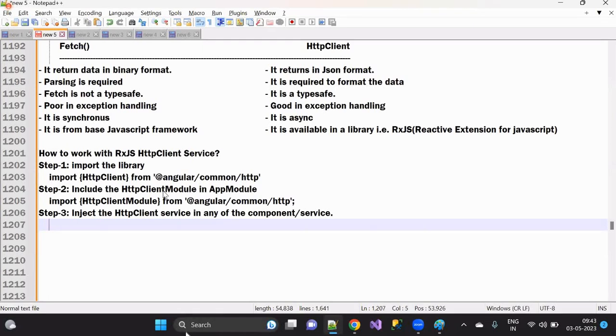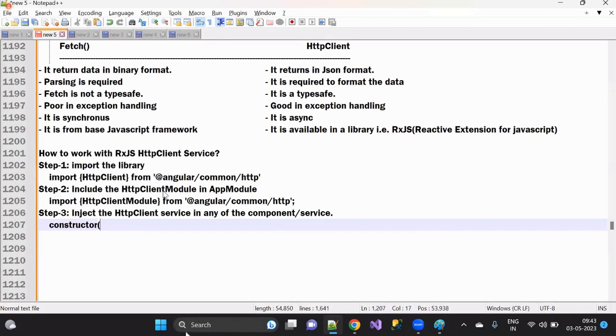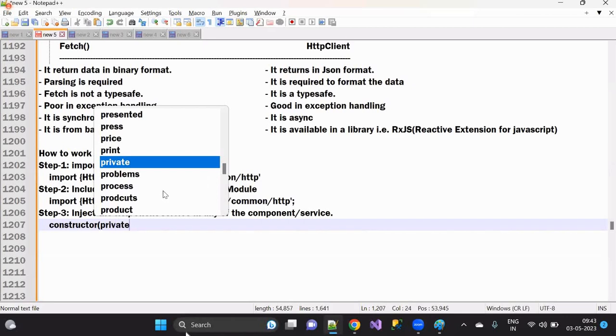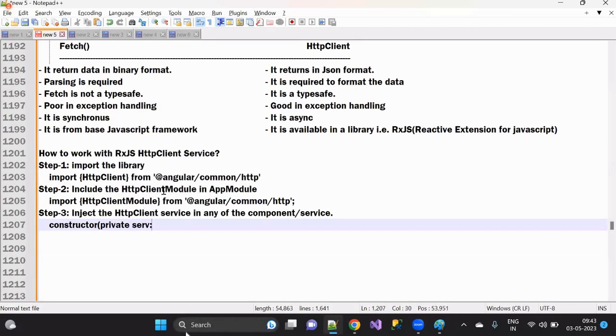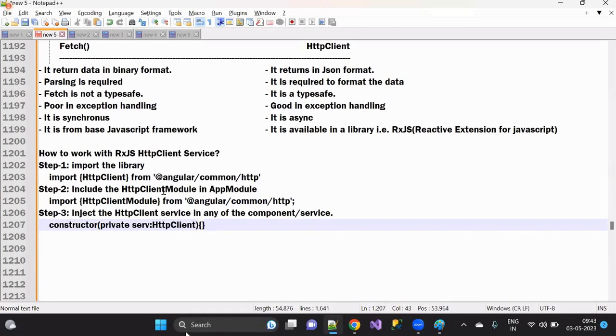That means wherever you want to use the HTTP client service, there you can inject it. So how can I inject it? By using a constructor. Simply I use a constructor, create a member with any name, and here the type is going to be HTTP client. This is what the dependency is. Inject it. And then step number 4 is going to be